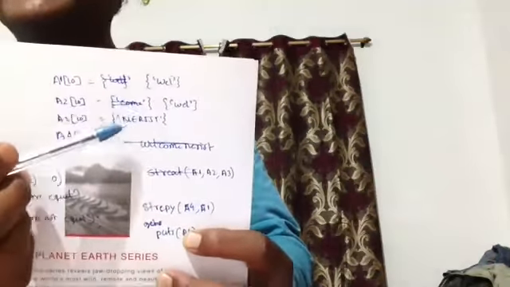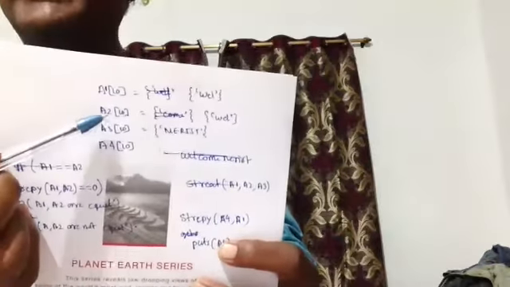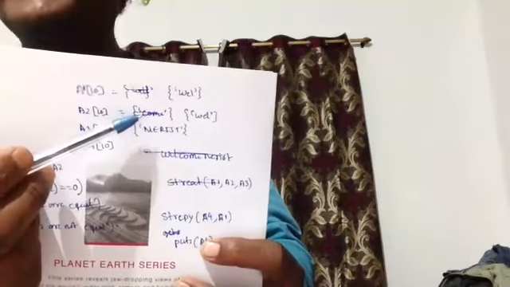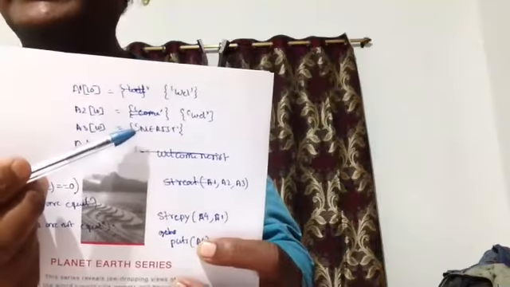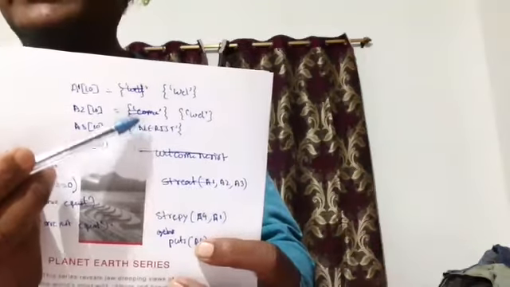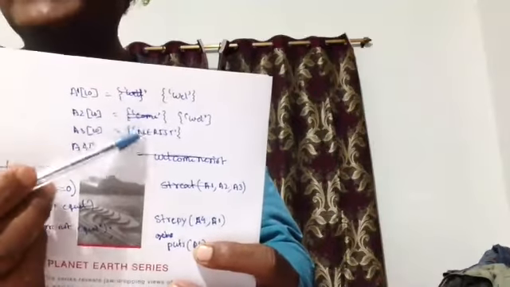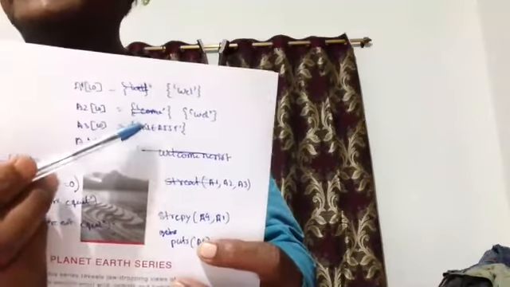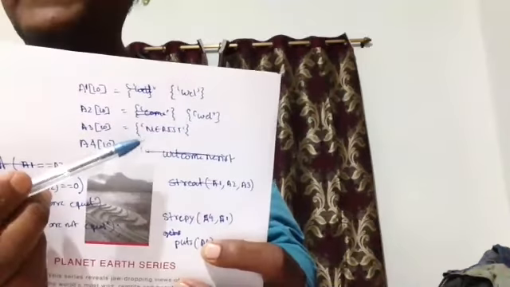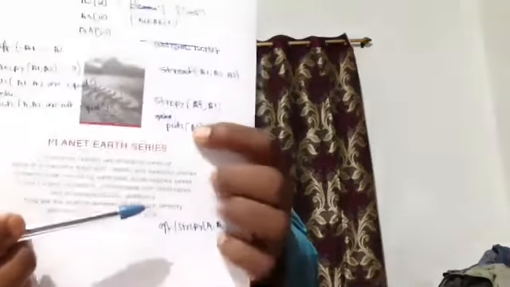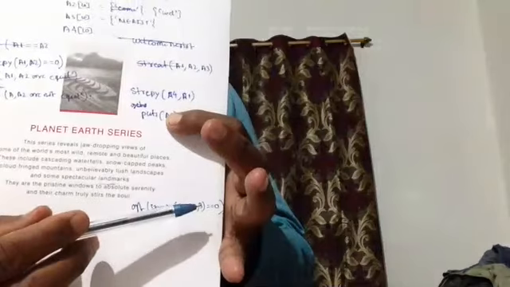If you consider these two examples, this is "com", this is "nearest". For example, I am comparing A2 and A3. It will compare the first 3 characters "com" with the first 3 of the second, "ner". If both are the same, it returns equal; otherwise, not equal. Depending on this n value, that number of characters it will compare. If I put 4, it will take the whole "com" with 4 from here.